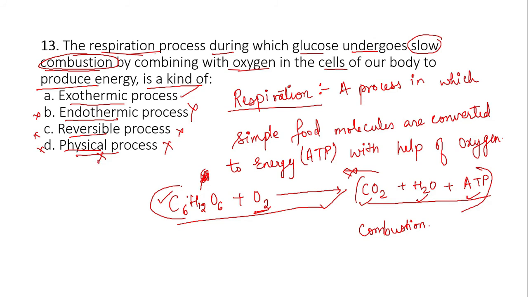So according to the explanation which I have given to you and the concept, the correct option will be A, that is exothermic reaction. Why are we saying that it is an exothermic reaction? Only because there is a release of energy. So since there is a release of energy, this process will be termed an exothermic process. I hope it is very clear to you. Now with this we complete the question, the answer is option A. Question number 13 is done. So let's move to the next question.